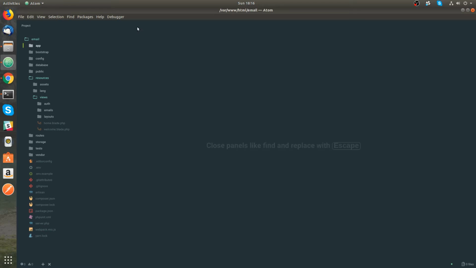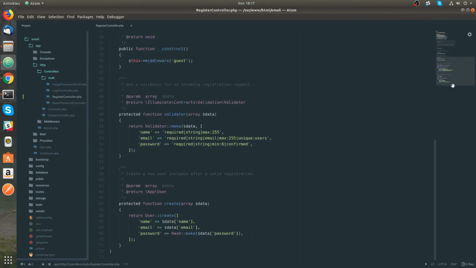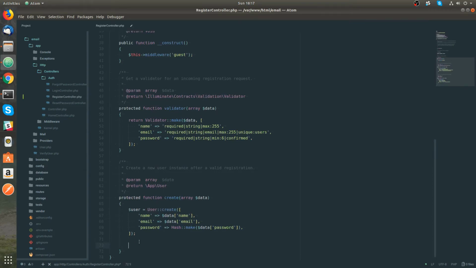Okay, for that. Now let's move on to the next part, which is the sending of mail. We can go into the register controller, and we'll be altering this create function. Instead of returning this user, I will assign it to a user variable, and then we'll create a new variable for the verify user, and create a new verify user, create,